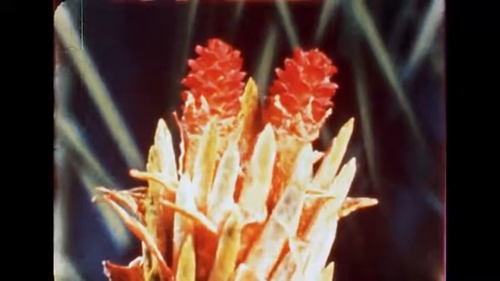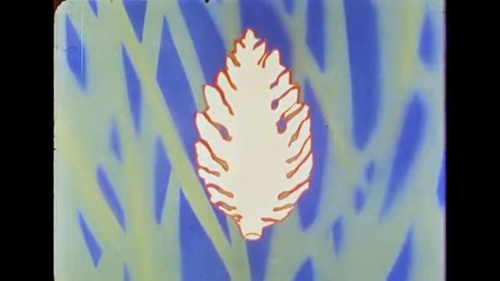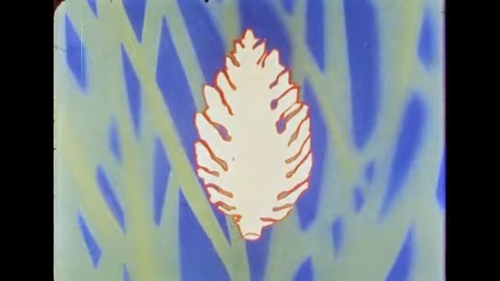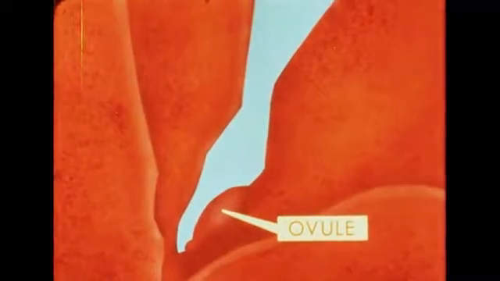The events taking place within the seed or ovulate cone at the time of pollination cannot be seen by the unaided eye. So let's watch this action in this longitudinal section drawing. The scales of the young seed cone are spread apart. The ovules are on the upper side of each cone scale. These ovules contain the large spores which will develop into female gametophytes. The ovules lie close to the axis of the cone.